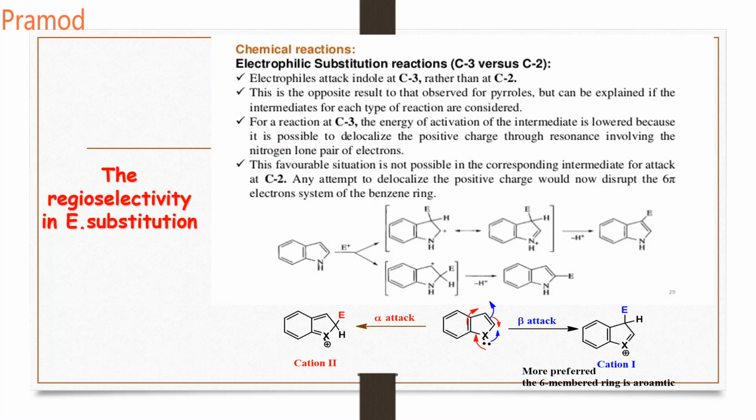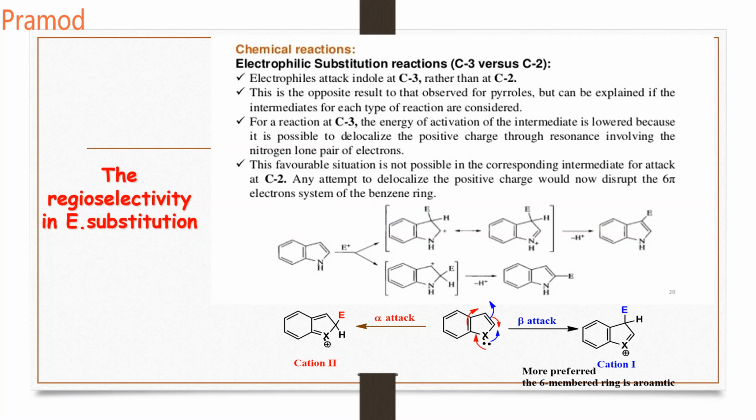Whereas in case of monocyclic, like in pyrrole, it goes at C2. But why does this reaction go at C3 positions only, at the beta positions only? The reason is that when the electrophilic substitution takes place at the C3 position, the